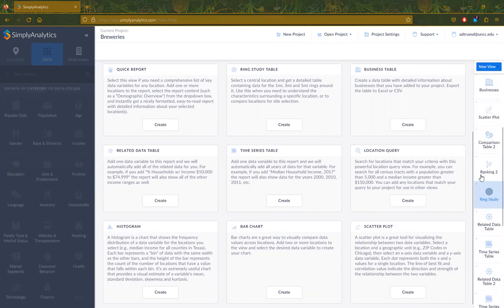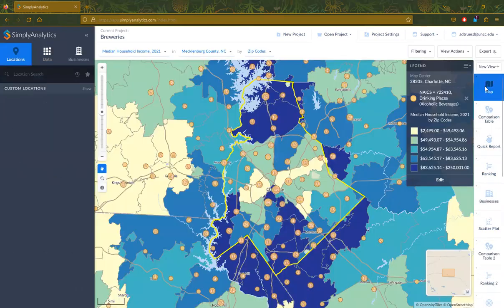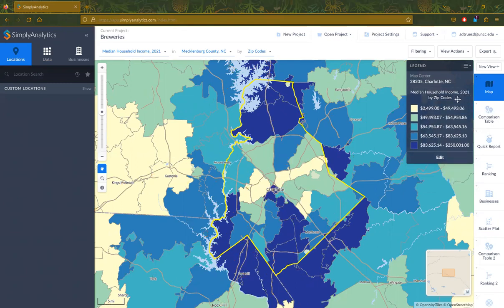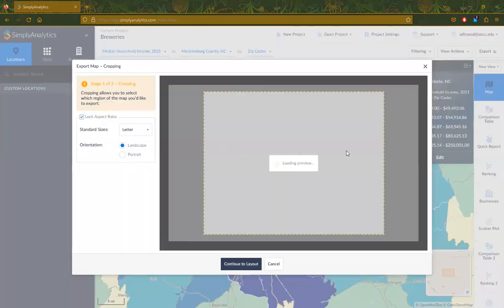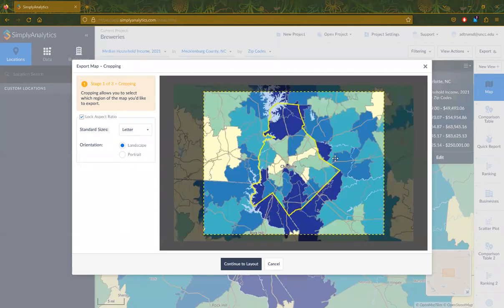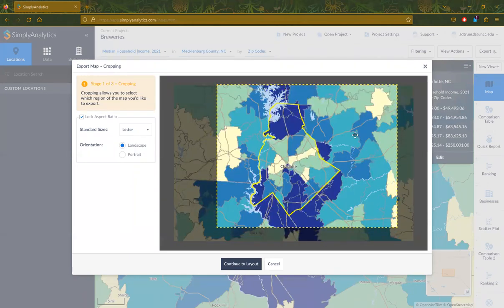I am going to jump back up to our map just to show you how you would be able to export that. And this is how you would export your tables as well, but the map has a few more customizations you can make. I'm going to come over to my legend first, make sure everything is looking where I want it to be. And I'm actually going to take off the drinking places just to show you what the map looks like without that. So at the very top here in the right-hand corner, we have export. And what it does is it loads a preview for you,